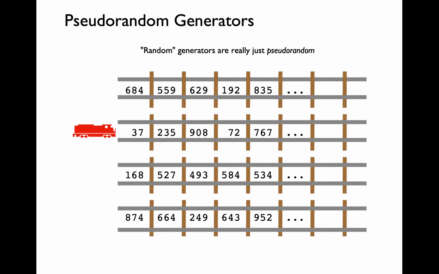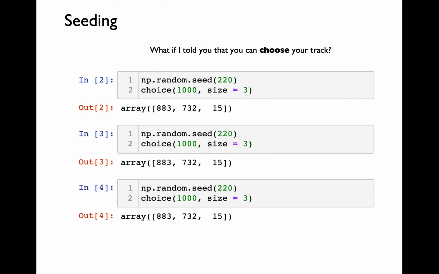You can choose a different train track. When you call the choice function one more time, that's going to choose another train track, which is another seed for you. So the question here is, how can we ensure that we are able to explicitly select one of the train tracks which represent one such seed? You can use the numpy.random.seed function to do that. Calling the numpy.random.seed function is going to explicitly tell numpy's random module to stick with a particular seed.